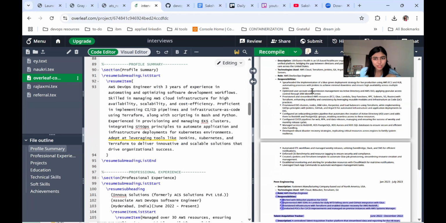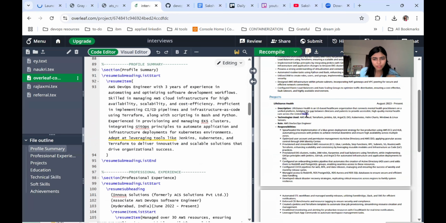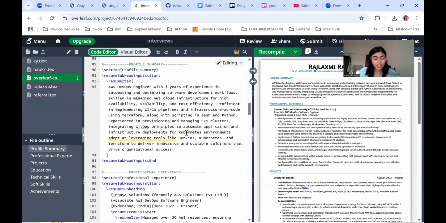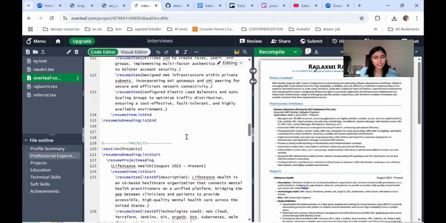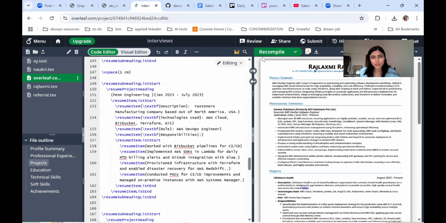Maybe it's because of the screen share, it's coming up with some delay. So when I double click on the profile summary, it will show the corresponding code. Here you have to remove this part and then write your own. Once you are done with changing everything, you can just recompile it and your resume will be ready.